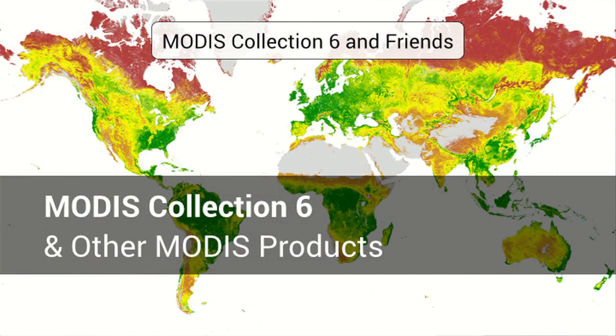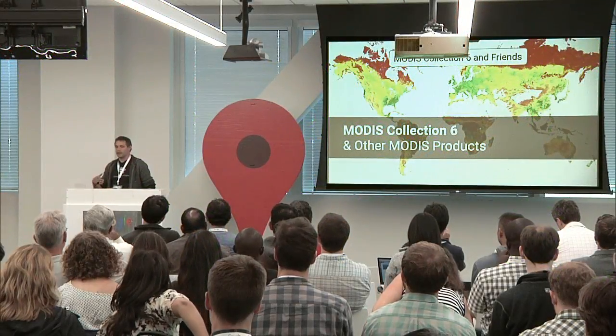Landsat Collection 1 was inspired by MODIS's approach to collections. So another thing we've been doing this year is following the MODIS folks, moving to MODIS Collection 6, and bringing in other new MODIS products into the family so that you have a range of global-based products to work with. This has included the updated versions of basic MODIS products, like the surface reflectance and albedo products, vegetation products, also new products that we haven't had in Earth Engine before, for example, bringing in the other